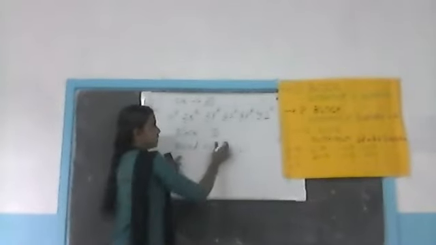Next one, period number. How can you find out the period number? What is the method? The easiest method is the biggest shell number. Here what numbers are present? 1, 2, 2, 3, 3, 4. Which one is the biggest number here? 4. So that is known as their period number. Okay. Next one, group number.